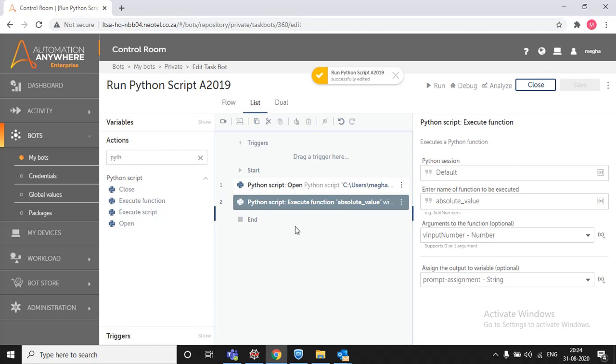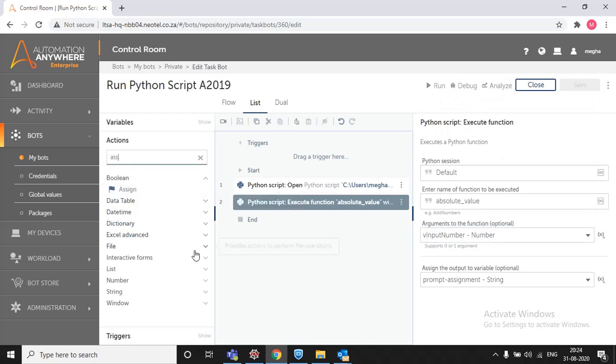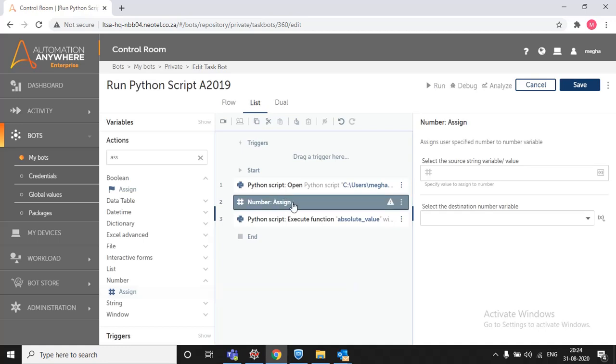So what if I want to use my input variable at runtime? So what will I use? I will use the assign option here. So I'll go into the number. There are so many assign options: boolean, data table, date, time. As I'm using the number type in my input variable, I will select number, then assign,